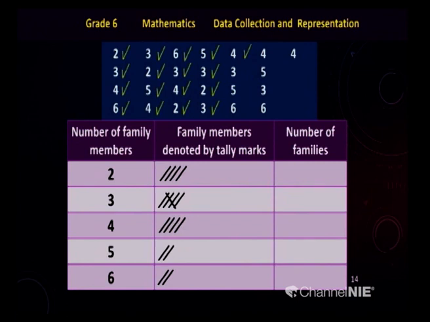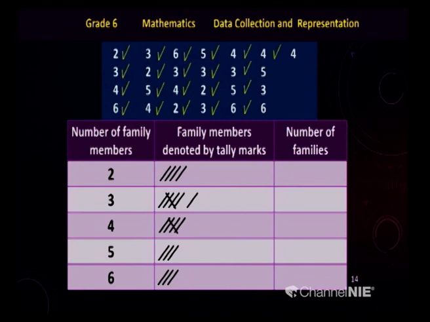Then 3. Then I should draw another tally separately in front of 3. Like that. Then next one is 5. Then 5 you can see. Then the last number of that column, that is 6. Then we move to the next column. My dear children, what is that number? That is number 4. Then I should cross it out again, another 4 tallies.